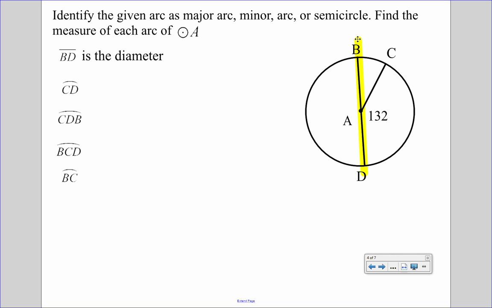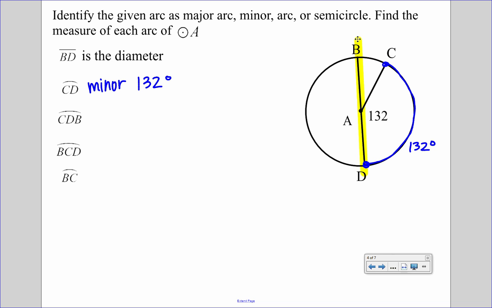Let's look at the first one, arc CD. That's a minor arc, and we go from C to D. That's less than 180, so it is a minor arc. Since its central angle is 132 degrees, its arc is 132 degrees. Our next one is arc